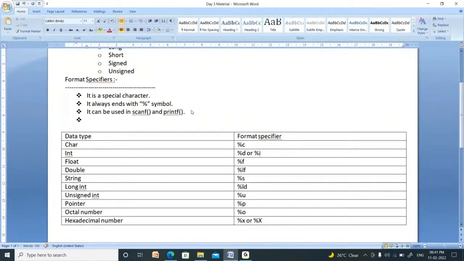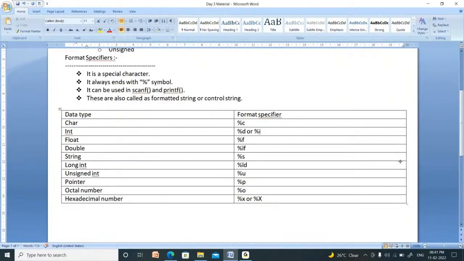Other names are format specifiers, formatted characters, or control strings. There are so many names, like that. These are the list of format specifiers we have.